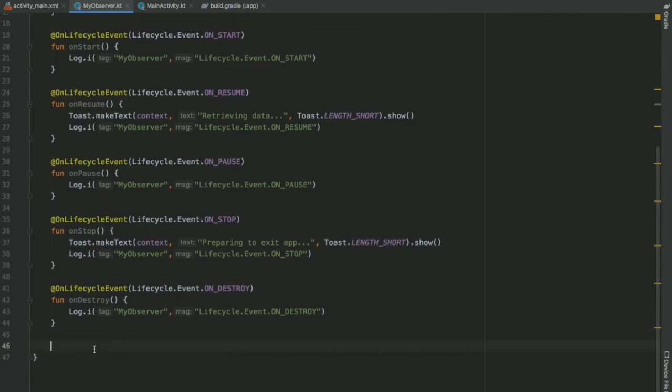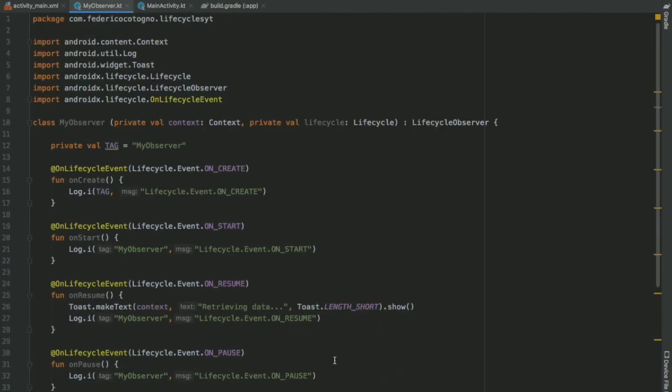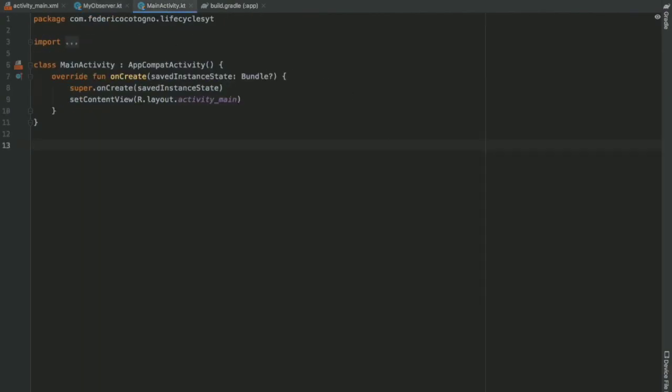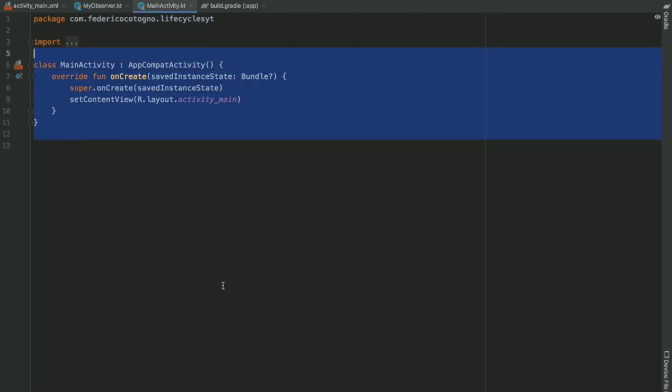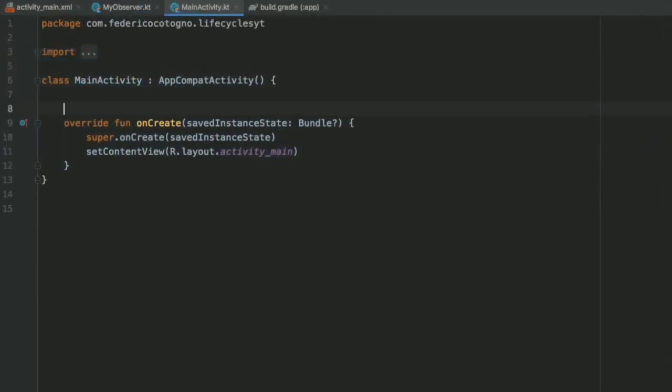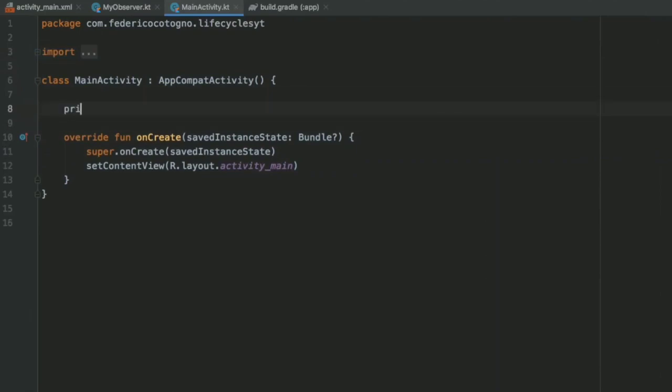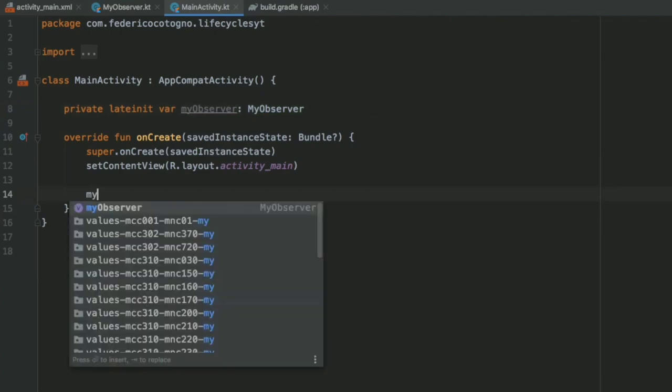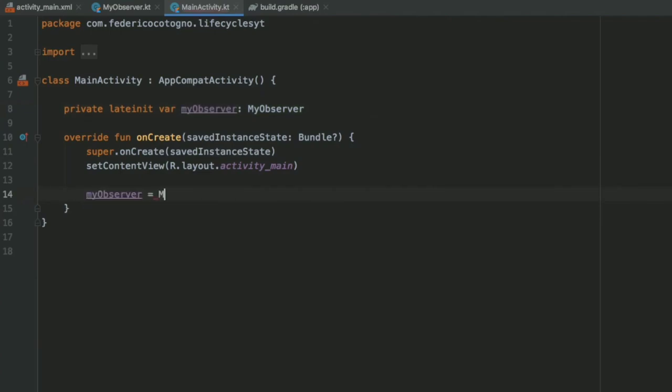But that's all we have to do in our MyObserver file. Now let's actually go to our main activity and set the observer to it so we can actually observe the lifecycle of this main activity. And to do that, we actually have to start by creating a private lateinit var. We're just going to name it myObserver, and it's going to be of type MyObserver. Then inside onCreate we have to instantiate it, so we'll do myObserver is going to equal MyObserver, and